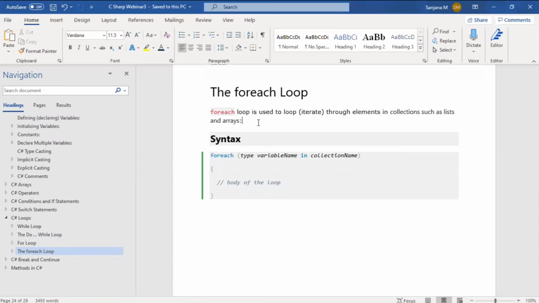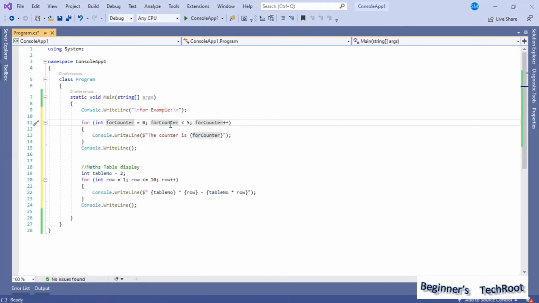But now using this for each, for such collections, like elements in arrays, we can loop. For counter equal to 0, for counter less than 5, for counter plus plus I have used, and I am just outputting that counter value, and then writing one blank line.